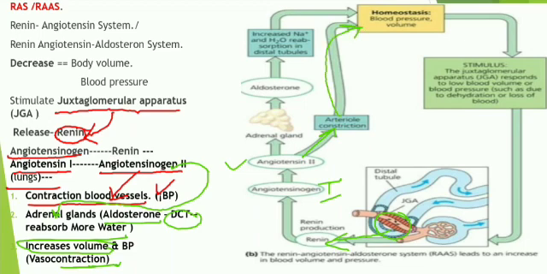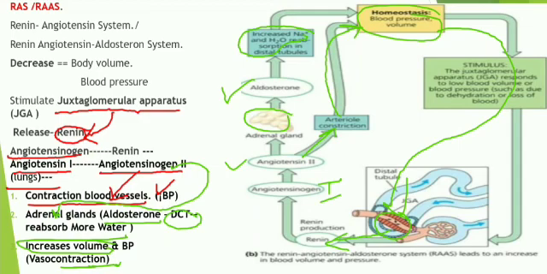In another way, it can stimulate the adrenal gland, which releases aldosterone, and this aldosterone is necessary for absorption of more sodium ions and water. When more water and sodium get reabsorbed, urine becomes concentrated, and this is the main role of the RAS system. If it becomes more concentrated, again we want to make it dilute, and that is done by this homeostasis process. If it becomes concentrated, this system acts on the